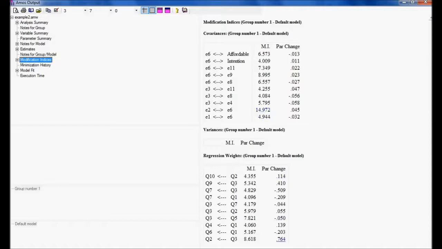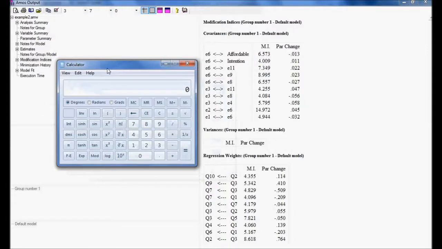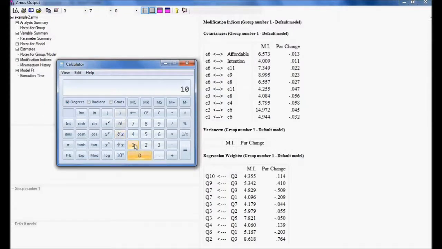Let me show you. Earlier, my chi-square value was 101 point around 129. Now if I maintain the relationship, the chi-square will reduce by 14.972. So I am subtracting 14.972.